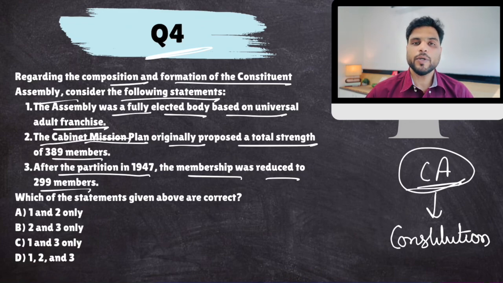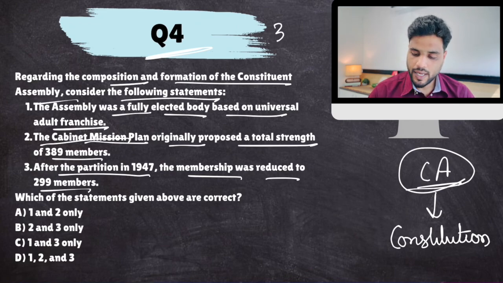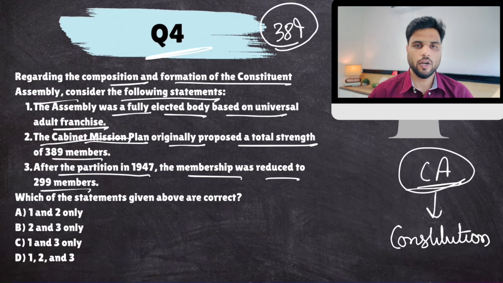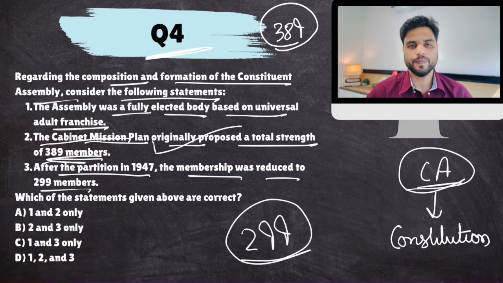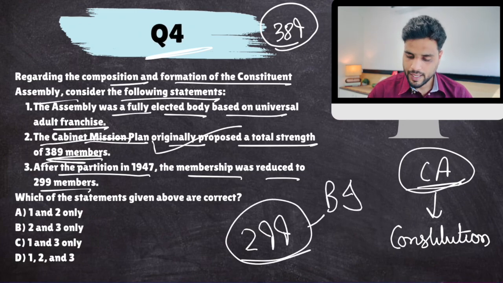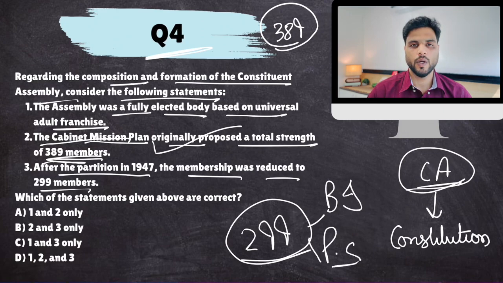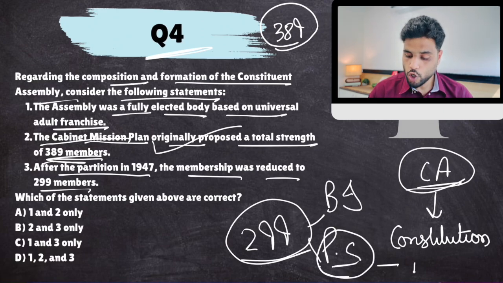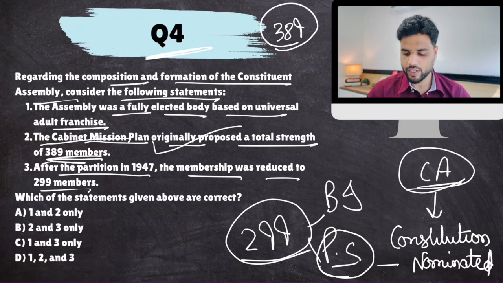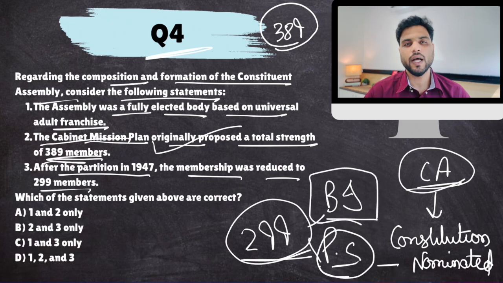And the British Cabinet Mission Plan originally gave the plan for United India, no partition. So in that plan, 389 members would represent the entire Indian subcontinent. Okay, so this is correct. But after India was partitioned, some of these seats went to Pakistan. So it got reduced to 299 members. Some were from British India and some were from princely states. The members of princely states would be nominated by their rulers. So the kings would nominate a member from their princely state, and members of British India would be